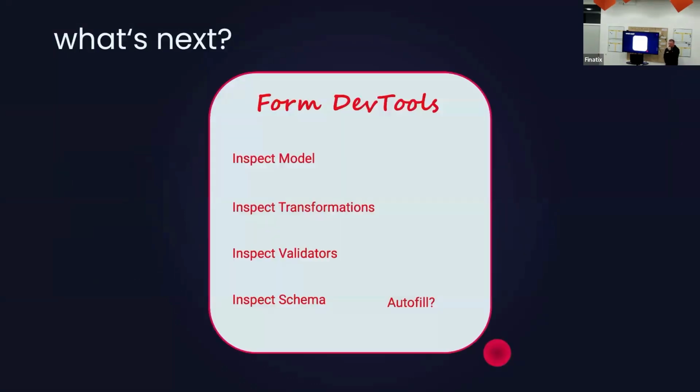And now I would like to offer you something. I haven't told Christian about that. I deeply apologize, but I have an idea. The next thing that we could do with this is create developer tools for forms, because with the schema, we have the data structure and we can analyze everything, and we can provide a better developer experience to other developers,